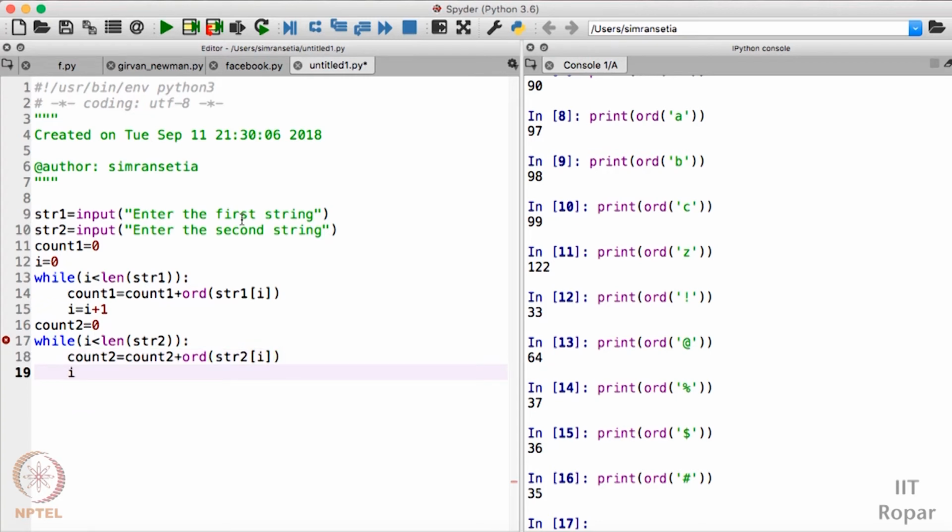I should also increment the i value here. So now I think we are done with generating the sum of ASCII values of both the strings. Now I'll write if count1 is equal to count2, then I have to print these are anagrams.